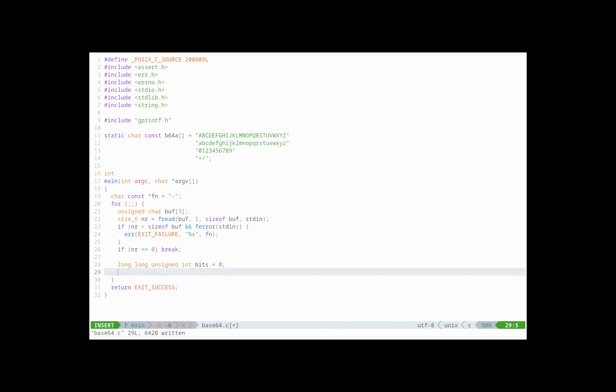So we'll go ahead and do it that way, and essentially each byte that we've read in, we'll push that into this integer here. So we'll add the first byte, buff0, and then we'll shift it 8 bits. Here I'm going to use the CHAR_BIT